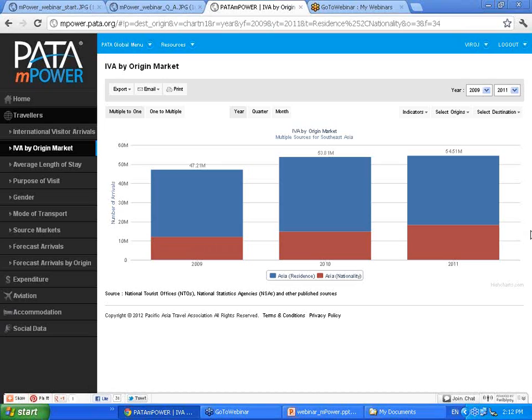Now, the point of all of this is that you have a number of variables that you can play with. You can vary the years that you're looking at. You can look at it by quarter, by month, and play around with the data. You can also look at all the various individual origins. So if we go here, for example, if we're talking about clicking the indicators, you can see we can pick them all to get all the numerics, or we can say we're only interested in those countries that record by residents. If you look at the next one over, the origins,